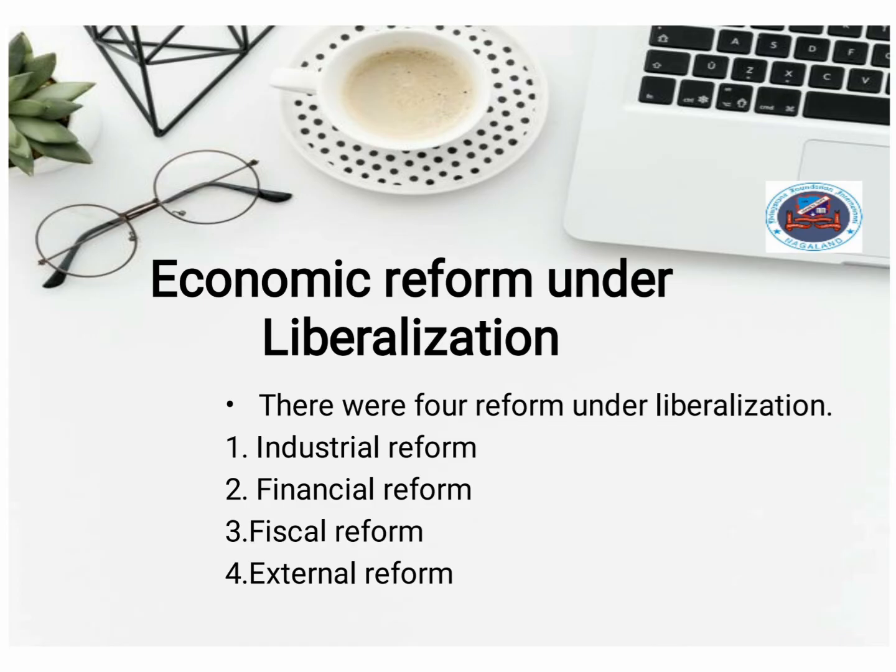Some of the main four reforms that took place under this liberalization are industrial reform, financial reform, fiscal reform, and external reform. Now, what does this industrial reform imply? Industrial reform implies a removal of the restriction made by the government in the industrial sector. After 1991, industrial licensing was abolished for almost all the products, and the only industries which are now reserved for the public sector are defense equipments, atomic energy generation, and railway transport. In many of these industries, the market has now been allowed to determine the prices.